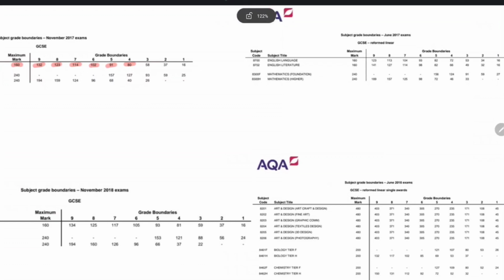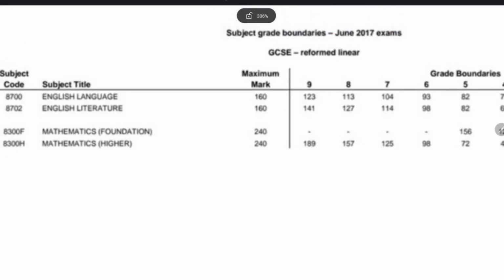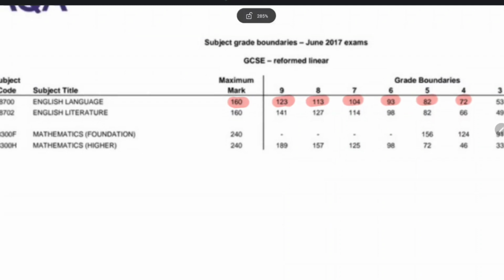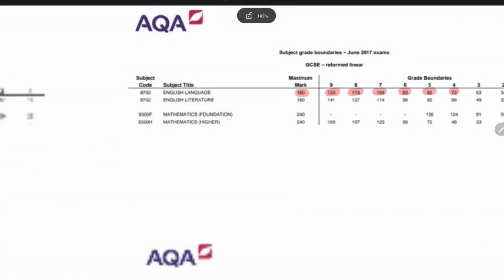And then for June 2017, for the English language, we had grade 9, again out of 160. Remember, paper 1 is out of 80 marks and paper 2 is also out of 80 marks. Grade 9 was 123 out of 160, grade 8, 113, grade 7, 104, grade 6, 93, grade 5, 82, and grade 4, 72. So once again, this should give you an idea of what the expected marks are